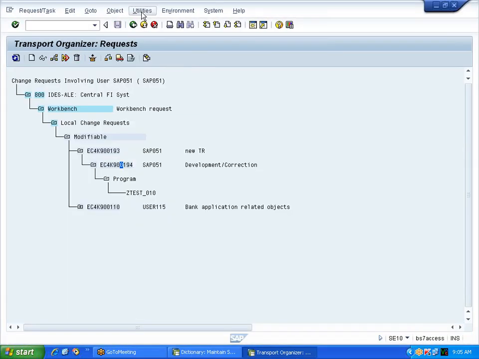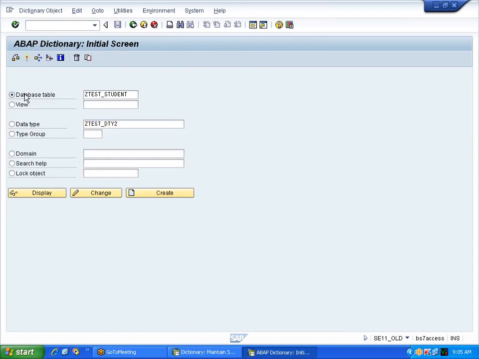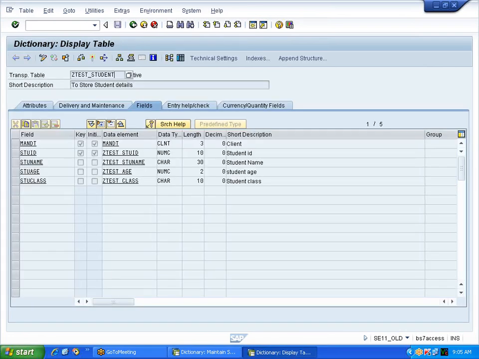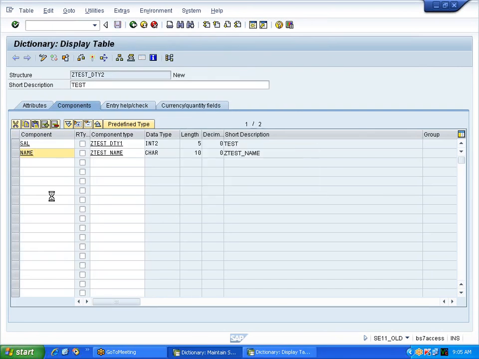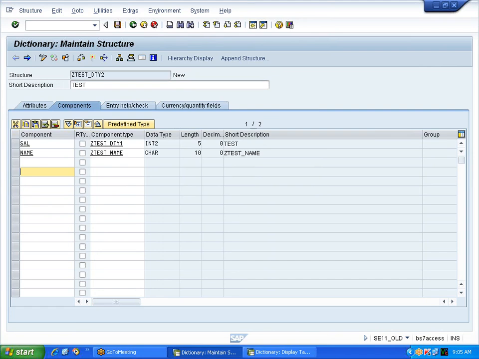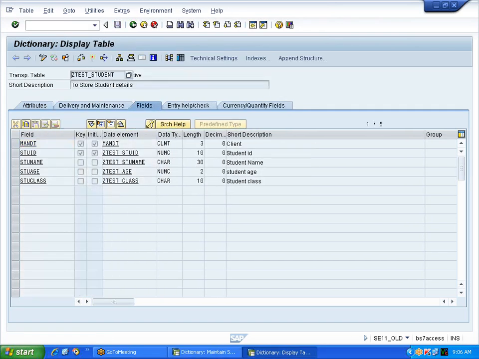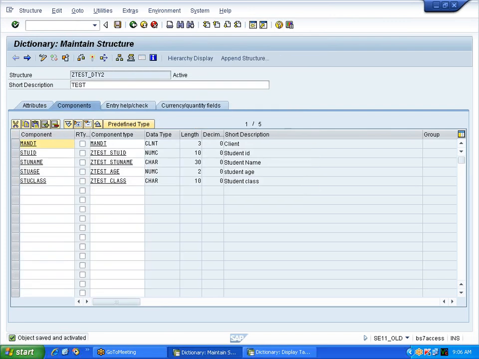In the other screen, I will also open. Yeah, now this is a table, okay, and this is a structure. What is the difference? Okay, I'll give the same fields. Now this is the structure, okay, this is a table. Tell me, what is the difference? Fine. But